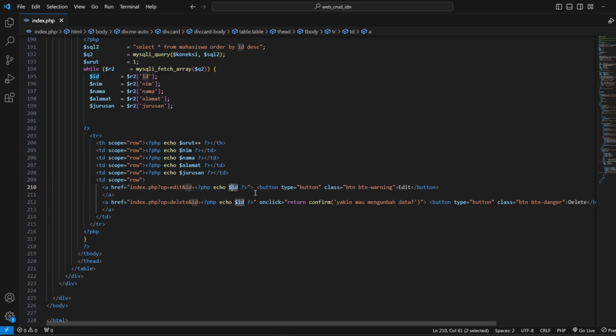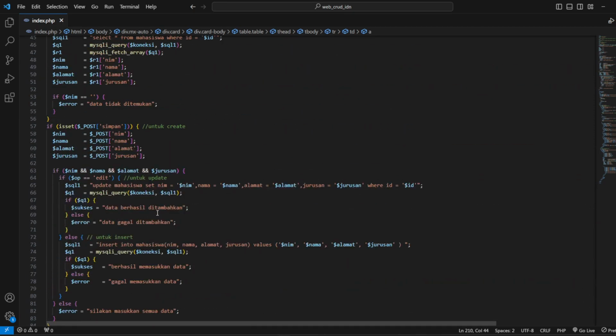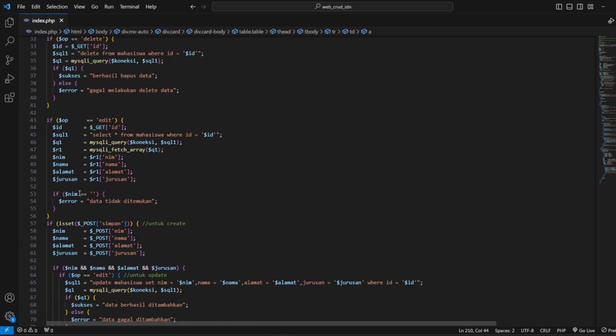Like that. The button type button, the class button warning edit. I will explain. This is index.php, the main of our web. And op is the name of a variable. Okay, we will in the top, op. Where is op?